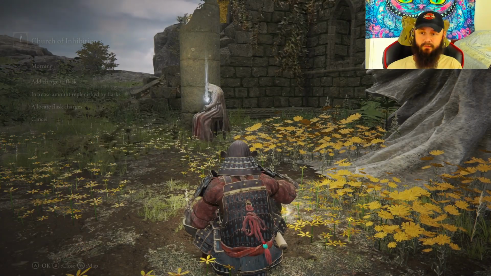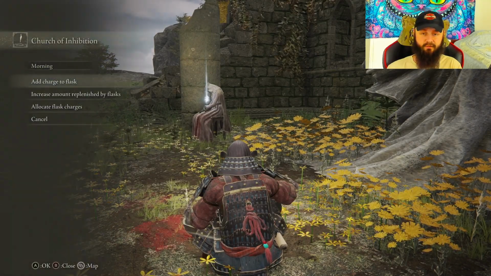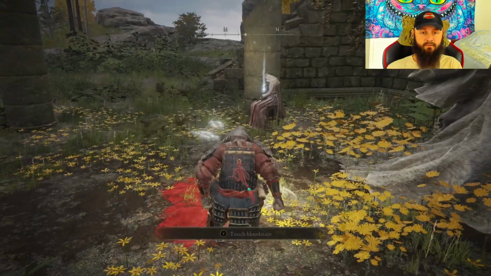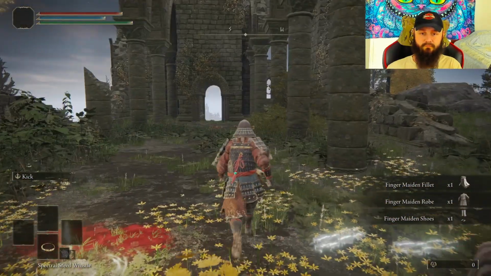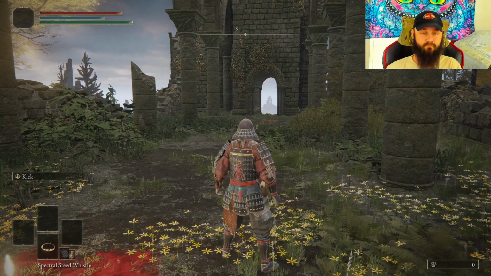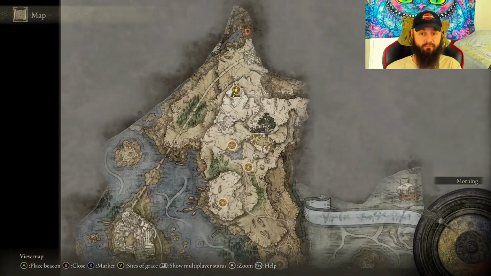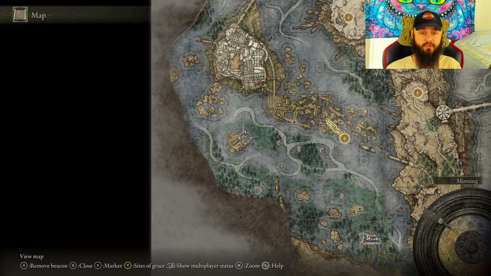Let me sit down at the Grace real quick. Flasks. Yes, there we go. My flasks even better now. I'm gonna need to grab this off of her. I'm not gonna be using it, but details. So now I still need to invade one more time. But I'm gonna start making my way back pretty much to him,